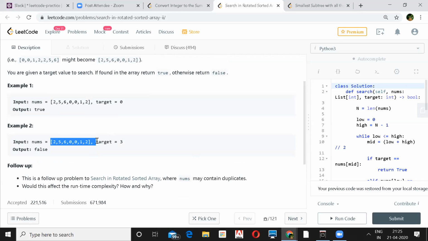Can't we shrink from both sides if you find duplicates at the end and beginning? If you remove both the duplicates, then if your target itself is the same... So are you saying that you want to remove duplicates at both ends, but you'll just keep a single duplicate at the left side, right? Yeah, a single one. I've actually done that. I removed duplicates at both ends. But then, in some cases, the target itself is that number. So I've kept a condition to check if the value I'm removing is the target.